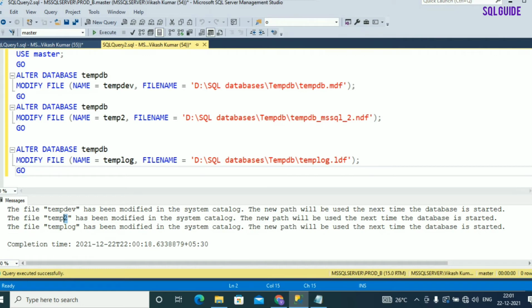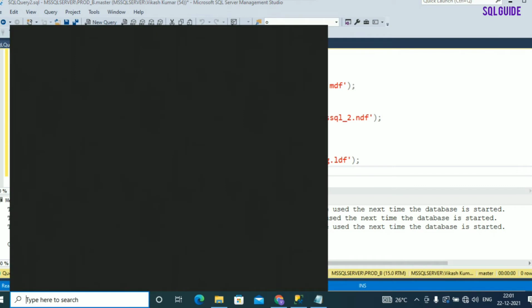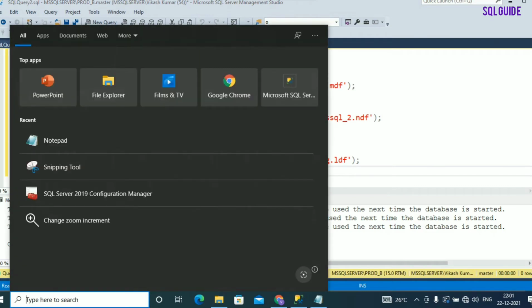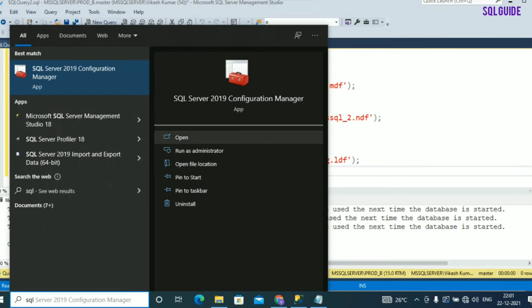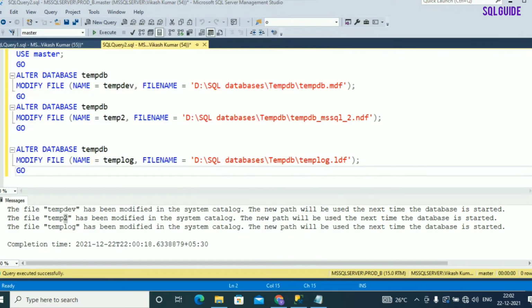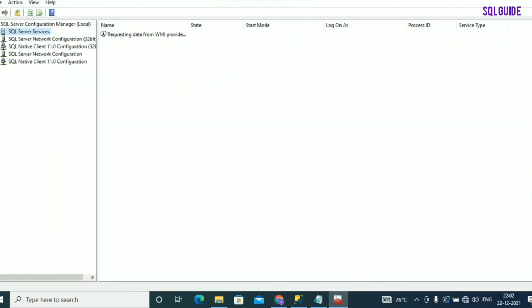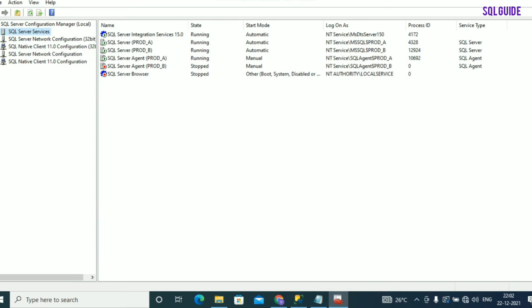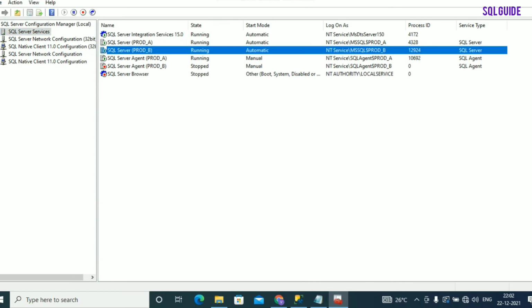So let's restart the SQL Server service. Connect prod_B and open SQL Server Configuration Manager, and from there you can restart the service. SQL prod B, restart.